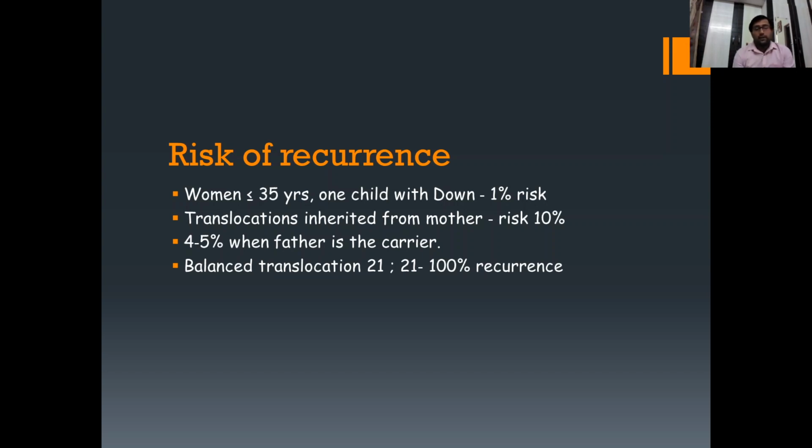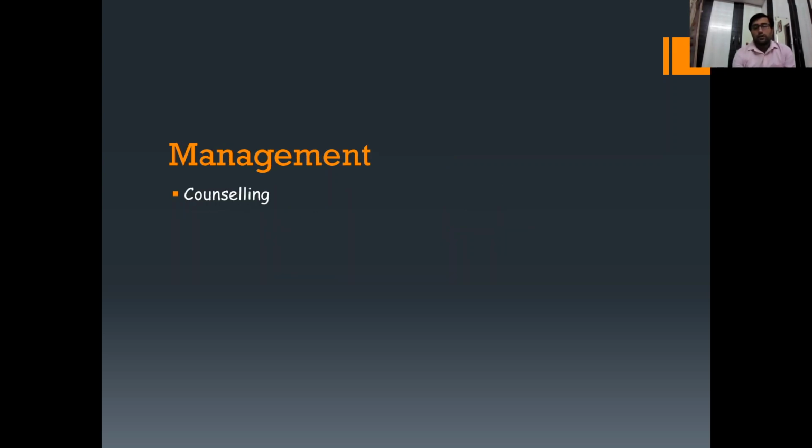But if there is balanced translocation, which means reciprocal translocation, which causes Down syndrome, then there is 100% risk of recurrence in the next pregnancy. Now, management. The most important thing in managing a child with Down syndrome is counseling of their parents. We have to tell them immediately, as soon as we diagnose that the child is having Down syndrome, about the prognosis of the child and how he will